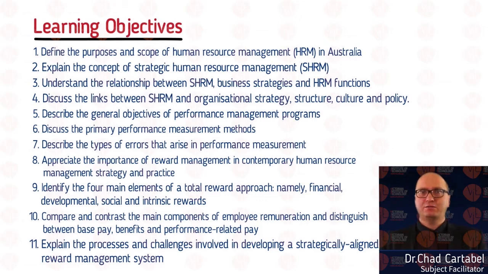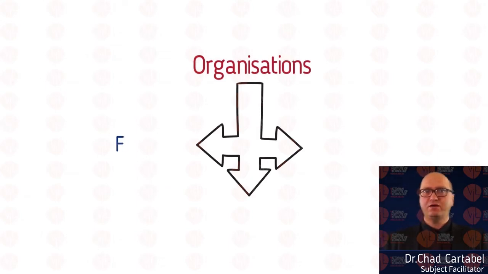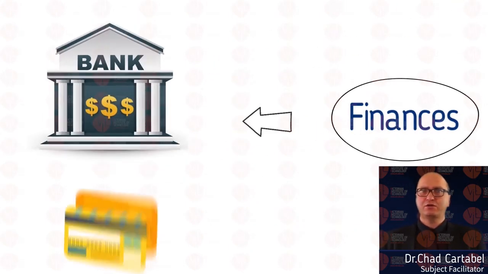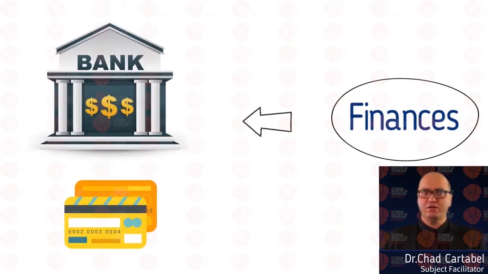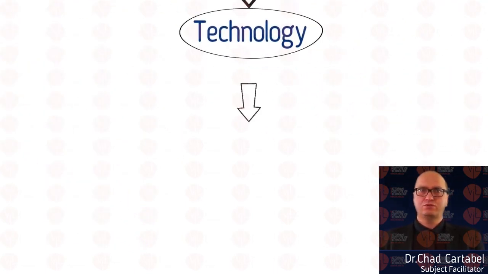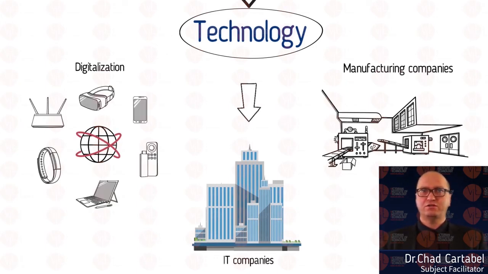Let's start this module by introducing three types of resources that most organizations rely on: financial, technological, and personnel. Mainly, let's look at financial. Mainly banks and credit institutions rely heavily on financial. Others rely on technological, which would be IT companies, and mainly other organizations integrated into the digitization or manufacturing companies will rely